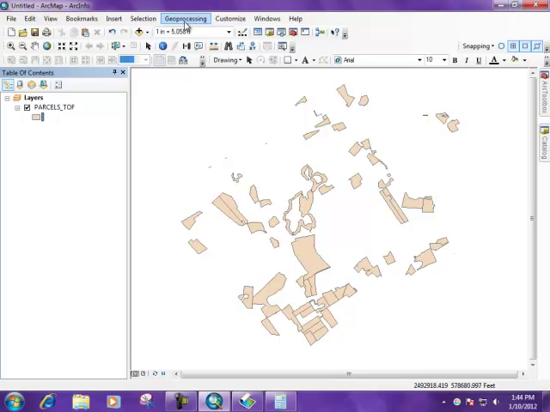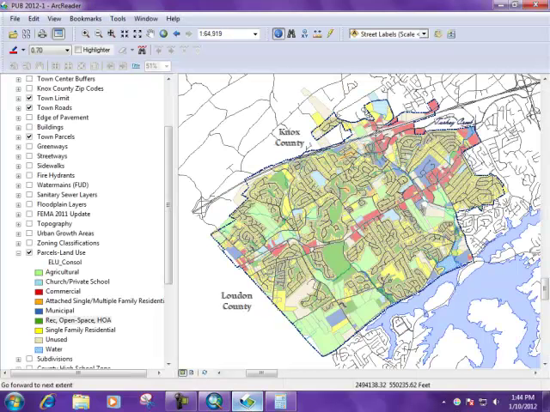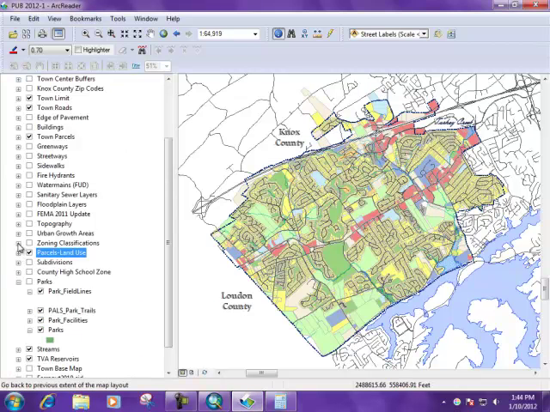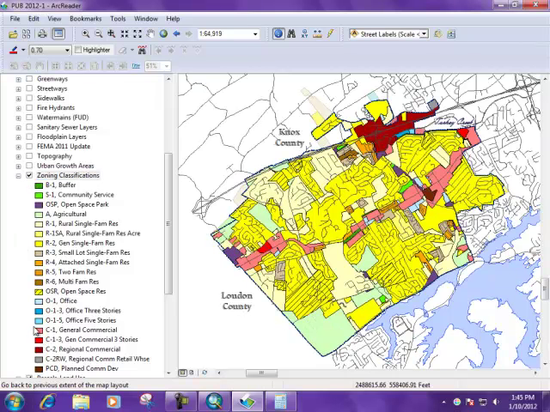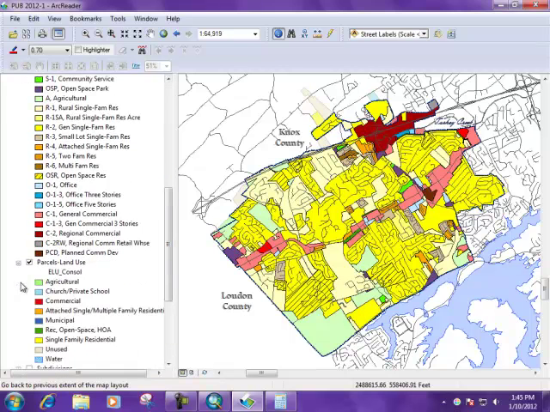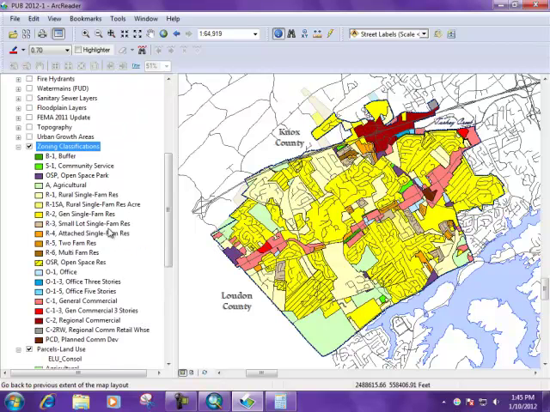So you've got to remember, ArcReader is like Adobe Reader. You can't really change much. It's really just a view of whatever we've assigned, whatever we told it to show. Okay, so we do have the parcels land use, and we'll just go ahead and talk about zoning too while we're there, since Mark brought that up. So there's two different categories here. We have zoning, and then we have the parcels land use. And you'll notice that there's a lot fewer categories in parcels land use than there is in zoning. So the zoning actually has all the different areas in there, and